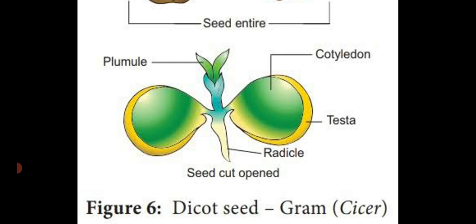If it is a monocot embryo, the cotyledon is only 1, that is said to be monocotyledon. So dicotyledon is the characteristic feature of plants showing the taproot system, and monocotyledon plants show the fibrous root system. Whatever it may be, the embryo contains 3 parts: the upper part is the plumule, which produces the shoot system; the lower part is the radicle, producing the root system; and the lateral, oval shaped structure is known as cotyledon.